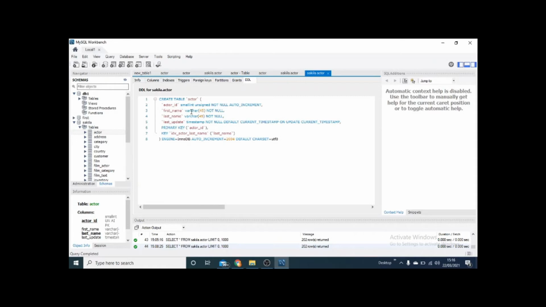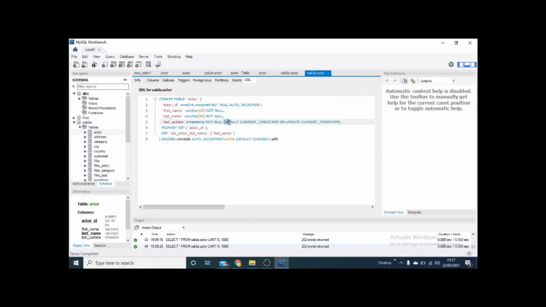Similarly, first name is a variable character, varchar. That means it is going to allow 45 characters in the name, and based on the requirement, it is going to extend itself, and it cannot be a null value. The last name should again be a varchar, which is going to allow 45 characters and can be extended if required. It does not allow null values. Right. Now the last field is last updated. Last updated is a timestamp field. That means it is going to give you date and time both, right? And it could not be a null field, right?